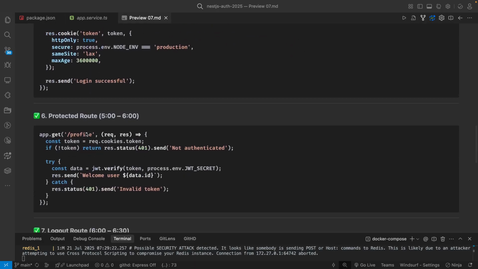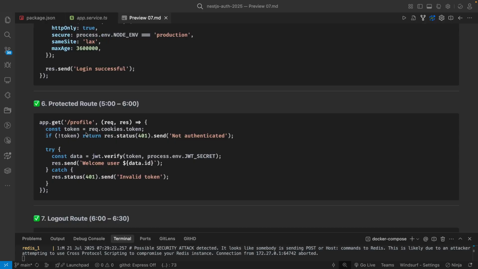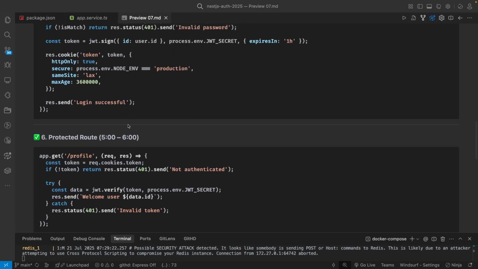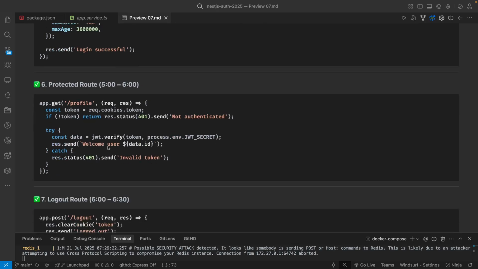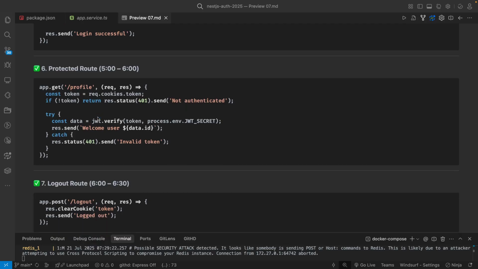When a request comes to the server on a private endpoint, like this protected API, you will get the cookie like this: request.cookies.token. So you set the cookie in the response from the first API, the login API. Now you are accessing your own profile information after you successfully logged in. You are accessing the cookie using request.cookies.token. If you are not passing the token, you will not be authenticated. Otherwise, if you are passing the token, I will validate it with the same secret which I have,